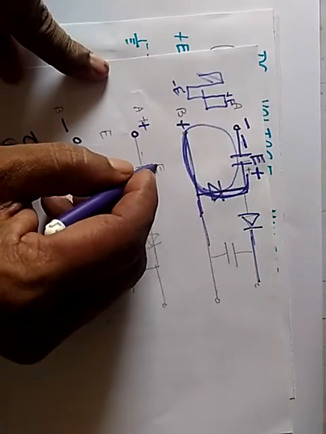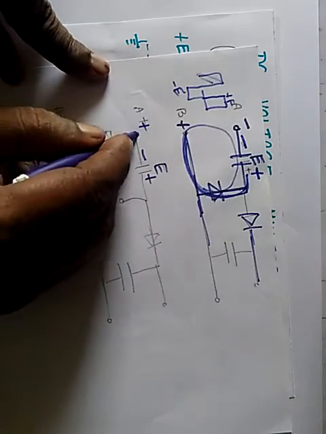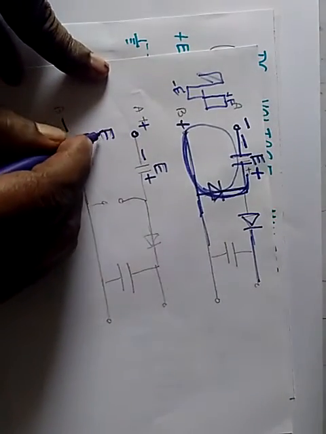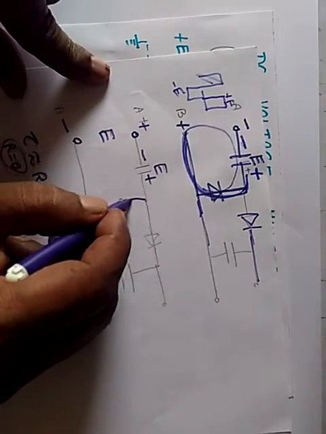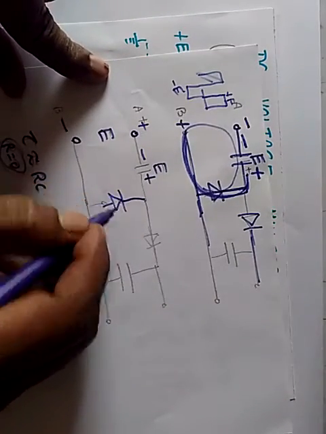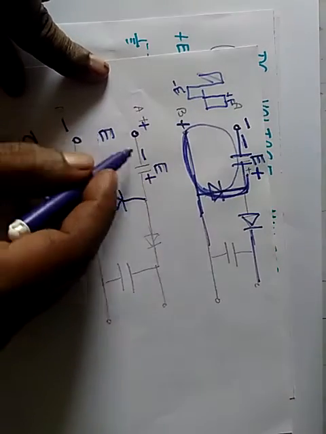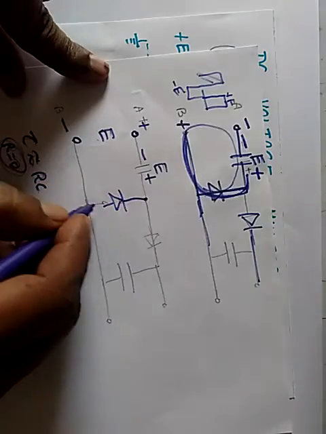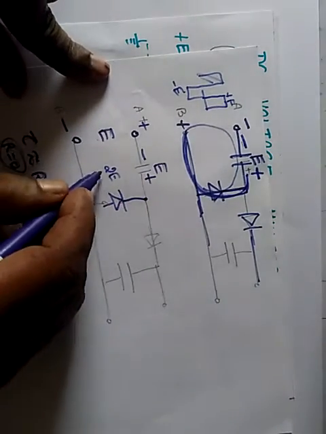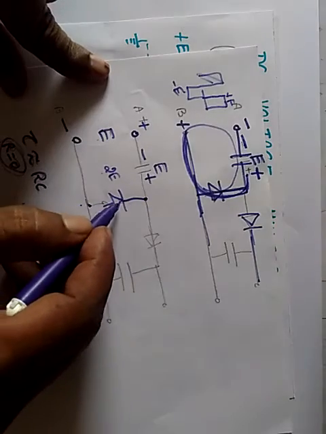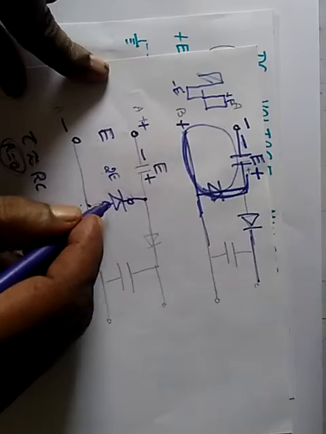Already the capacitor is holding a charge of E. Now the input is plus E, in series with the capacitor voltage of E. Now if you see, this is a rise in potential, this is a rise in potential. E plus E is 2E. That means between this point and this point you see 2E volts. This is plus, this is minus, so this diode is reverse biased and acts as an open circuit.